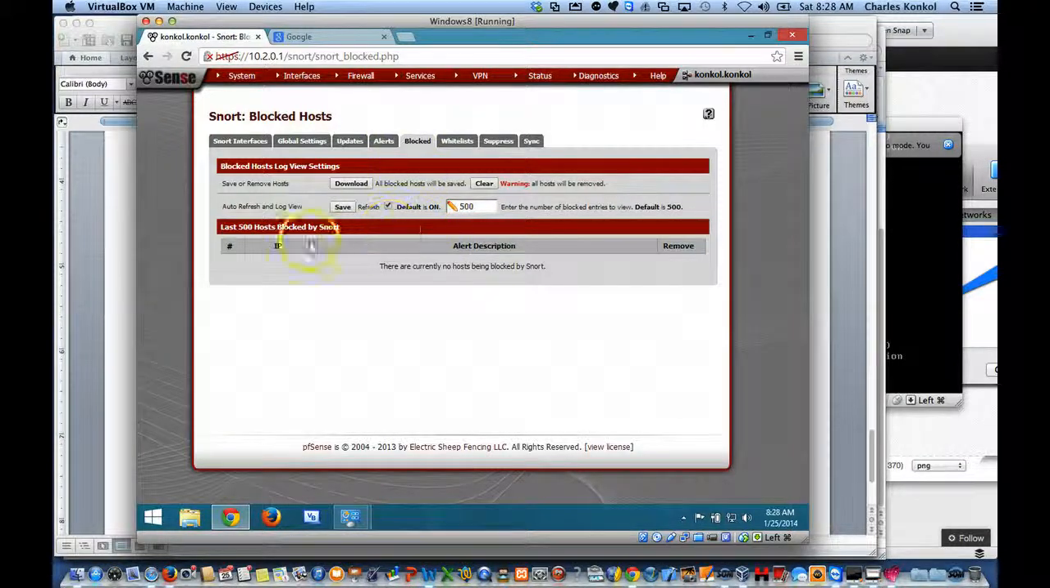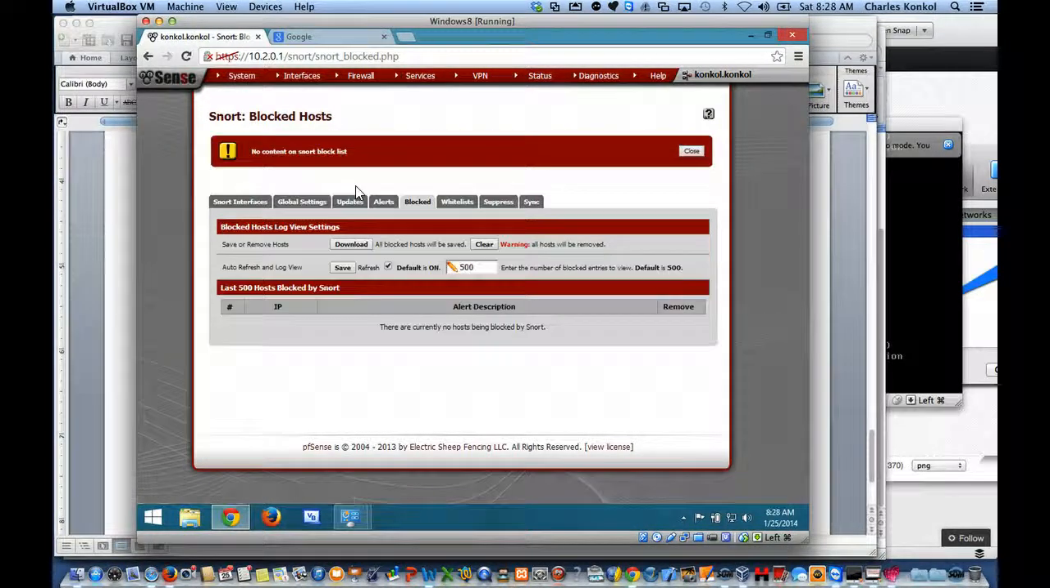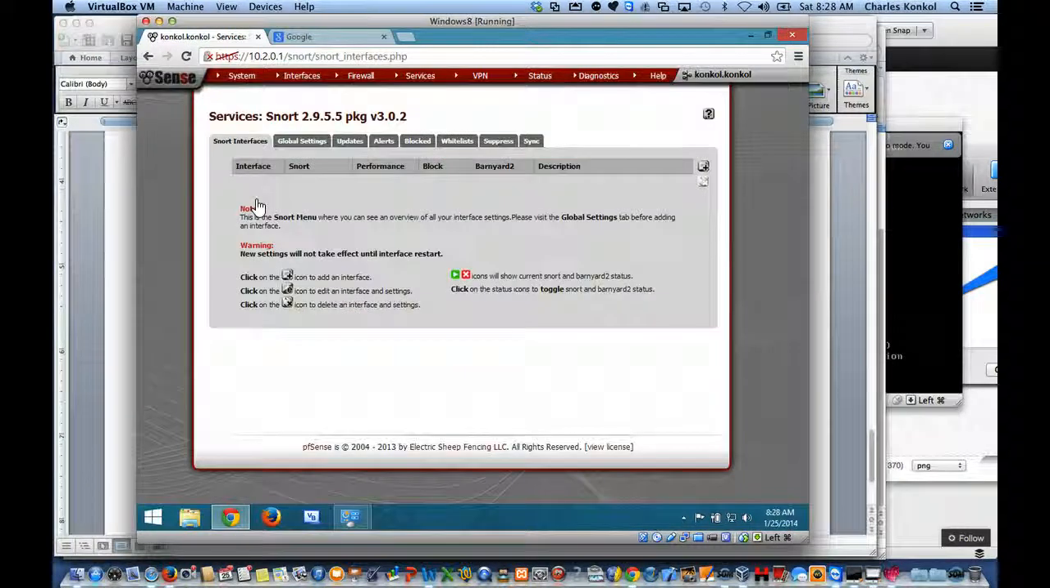And basically on this one here, where it says download all blocked hosts will be saved here. Clear warning, all hosts will be removed. When you hit the download button, it says no content are in the Snort block list because we're not putting anything in there. If we go all the way back to the Snort interface, it says here click plus to add an interface, E icon to edit the interface, X to delete it. So if we hit the plus sign here,